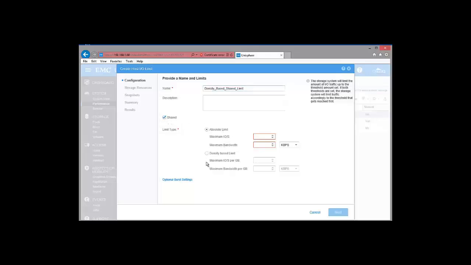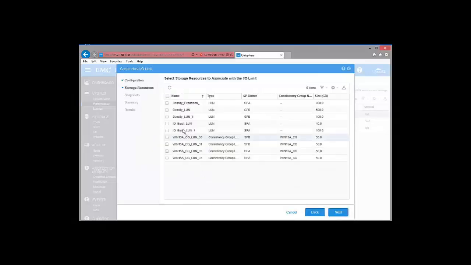We're going to share this resource, and we'll come down again to the density-based limit, and we'll highlight that radio button. And again, we have choices of max IOs per gigabyte, or we have max bandwidth. Just for a change, let's do some bandwidth. Let's say I'm going to limit this to 10 kilobytes per second. So that's all set. I should be able to start this, and again, look at my resources,